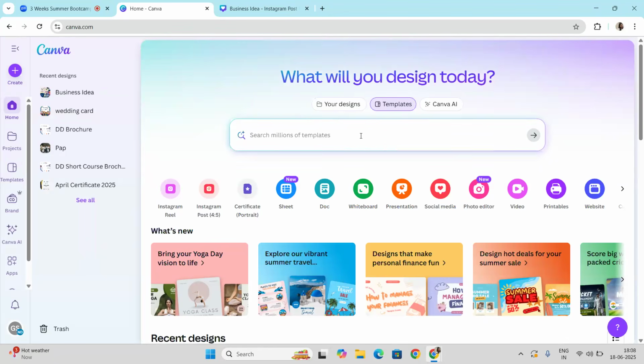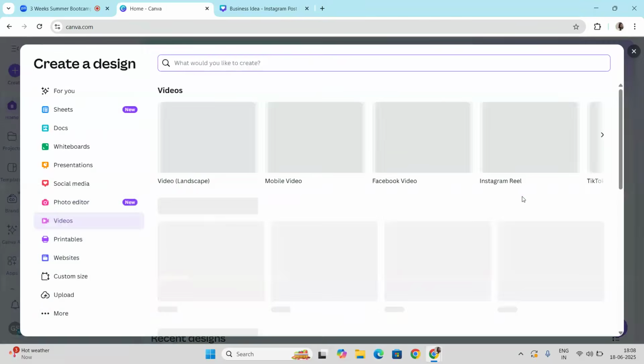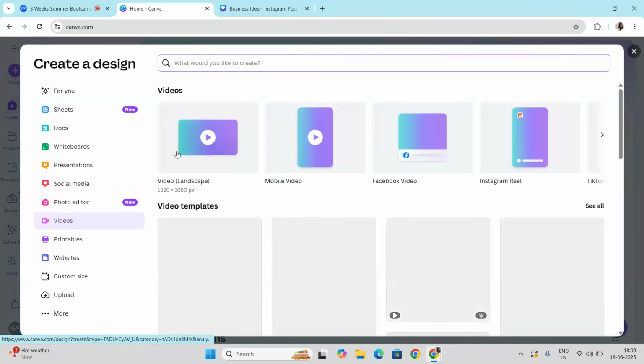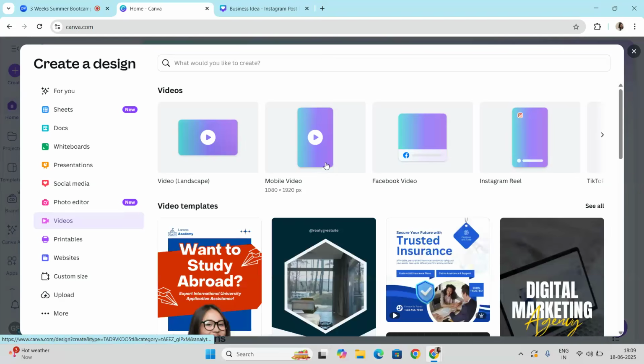Now we are coming to the video part. Here we can see the video section, or you can write video in this search box. If I click on video, you can see a lot of sizes available. The first one is video in landscape. Here you can see the pixel size. This is for mobile video, and this one is for Facebook video.